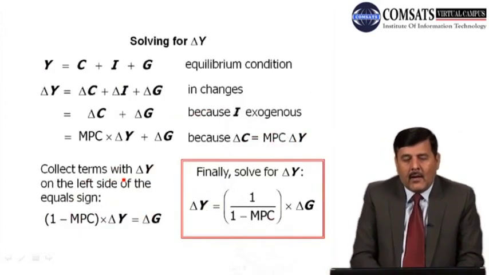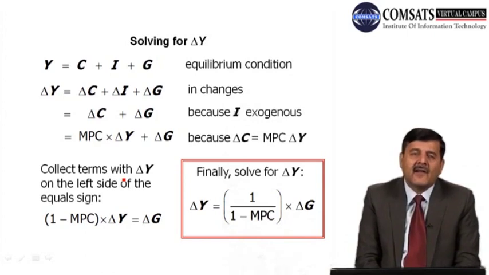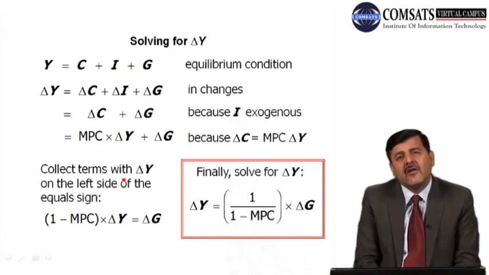Now we can solve this equation for delta Y, the change in Y, how much is the change in income due to a change in expenditure. As we saw graphically, whenever there is a change in government spending and government purchases, this affects the change in income, right? So the change is denoted here by delta. So whenever there is a change in expenditure, that is a change in G, this will bring a change in income